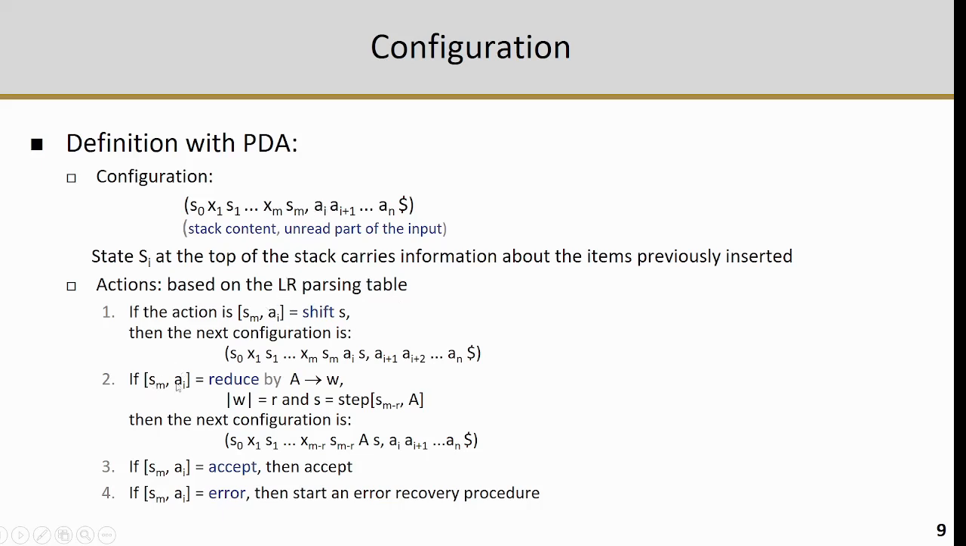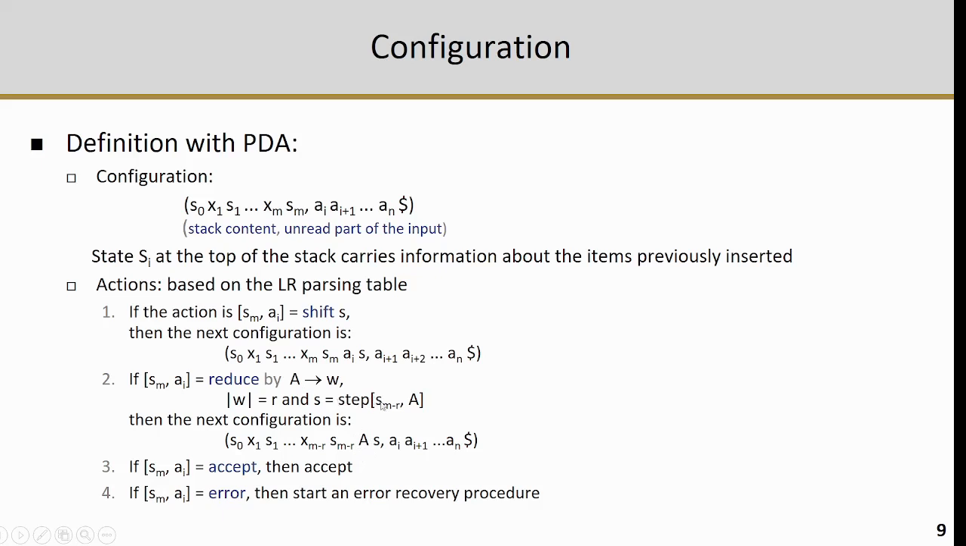So if this action table specifies that the next action to be applied is a reduction by a rule from non-terminal A to a sequence of symbols W, and this sequence has a length of r, then we are going to remove the r topmost symbols together with the corresponding states from the stack. So practically the symbols and states down to the symbol m minus r and s minus r are removed. And instead we place the left-hand side of the rule at the top, and the actual state is